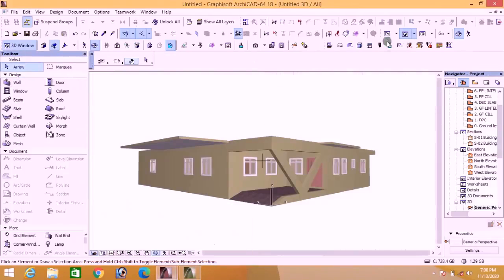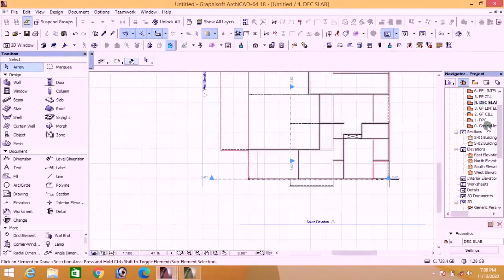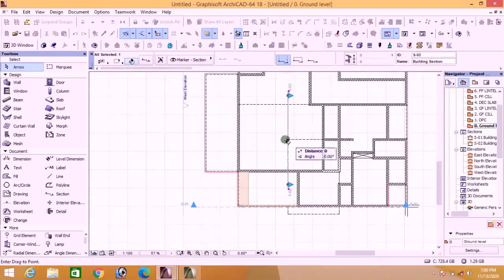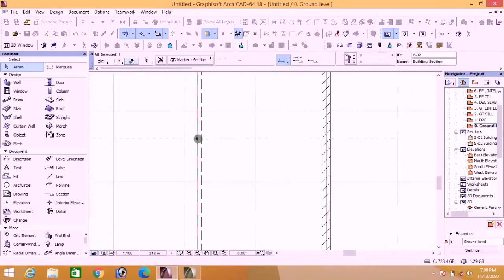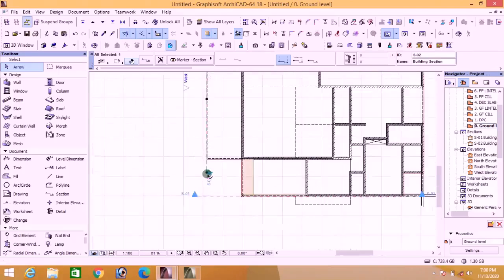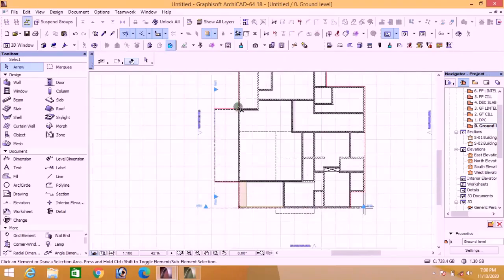So let's go to our floor plan. Go back to your ground floor plan here. And this is your ground floor plan. Take this section. Bring this section to this line here. Stretch it, so that we can see this edge, then open this section